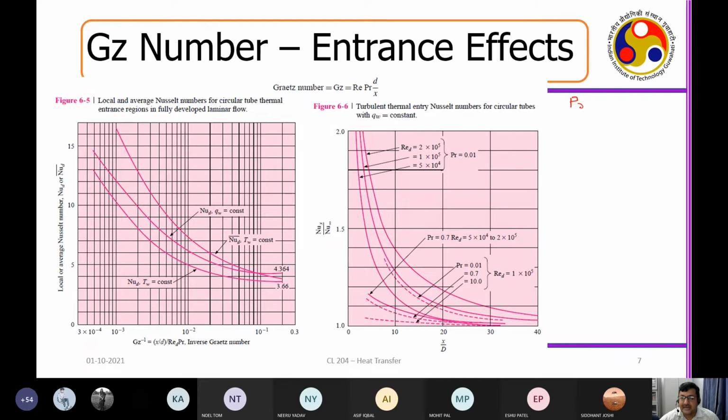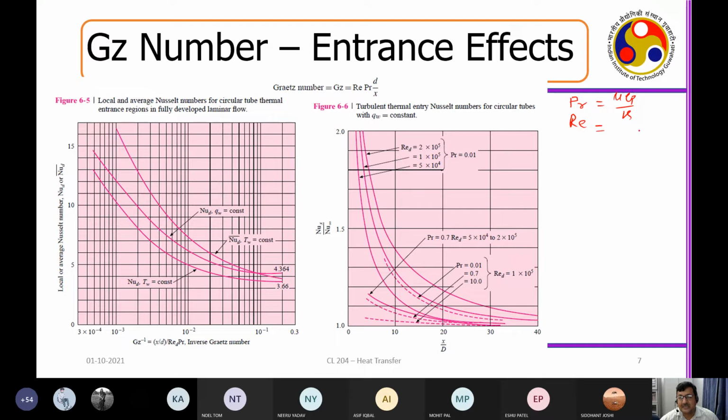Say we started with the Prandtl number, right? Then we studied the Reynolds number, right? After that, what are the dimensionless numbers we have studied? The Prandtl number is mu Cp by k, which is momentum diffusivity to thermal diffusivity, that is, mu by rho divided by k by rho Cp.